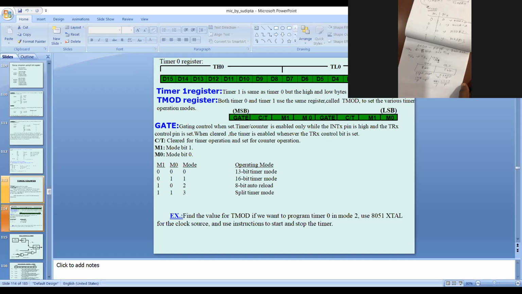Yes, sir. Sir, why are these 2 modes required? Can anyone give any idea?